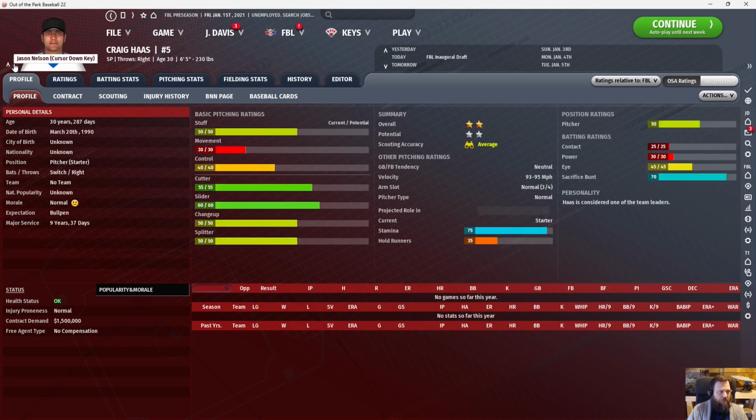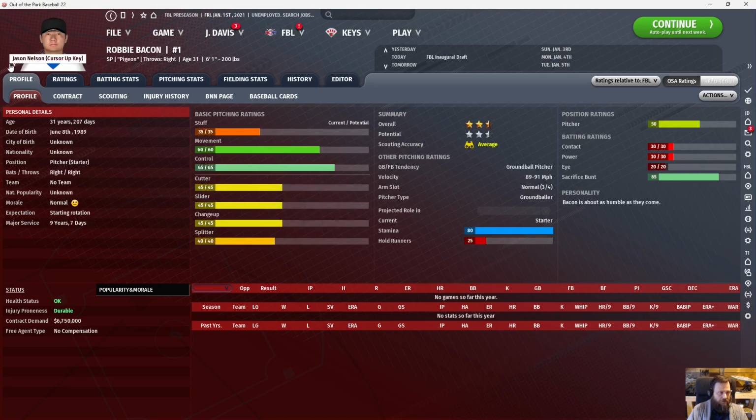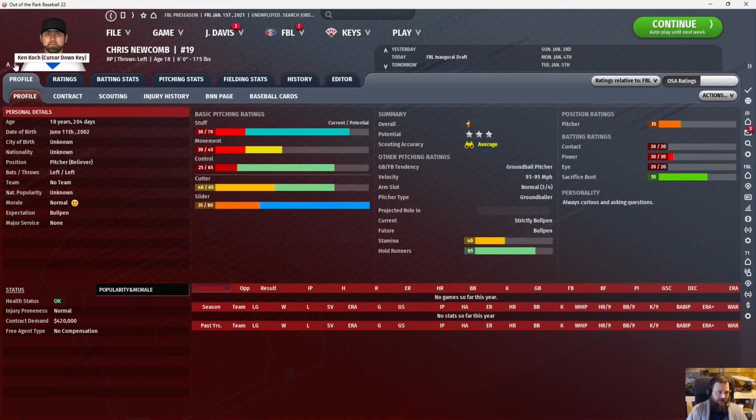Like, we're getting a good mix of colors. But this guy's name is Robbie Bacon. You know what? That might be helpful just for me to be able to pronounce the names. Maybe that's what I gotta do. If I really wanted,